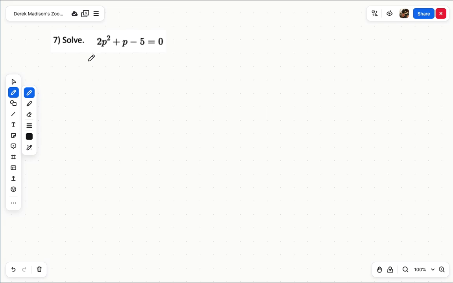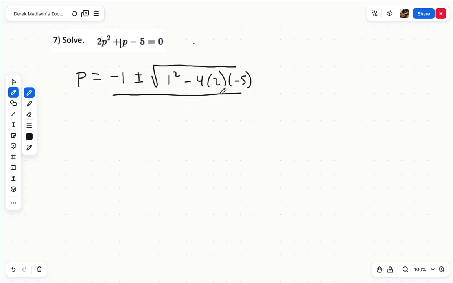So same thing, this one's already in the right form. So I will do, this time it's going to be p equals, there is an invisible 1 right there, so it will be negative 1 plus or minus b squared, so 1 squared minus 4 times a times c all over 2a, so 2 times 2. So p equals negative 1 plus or minus,